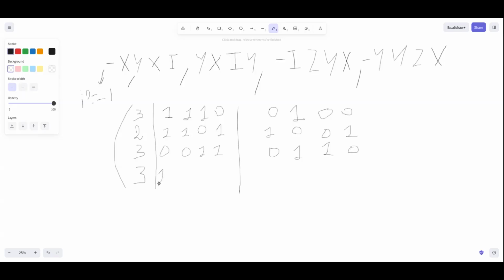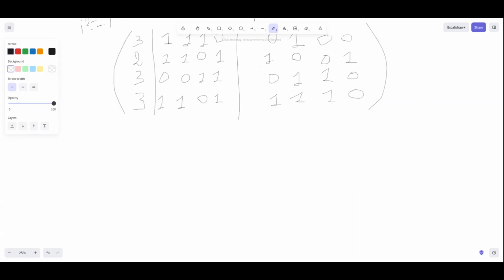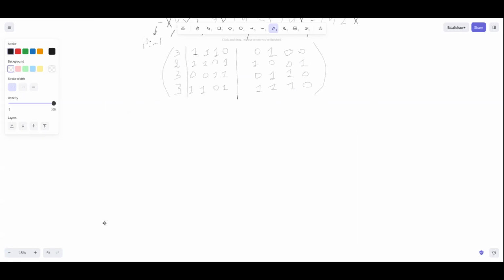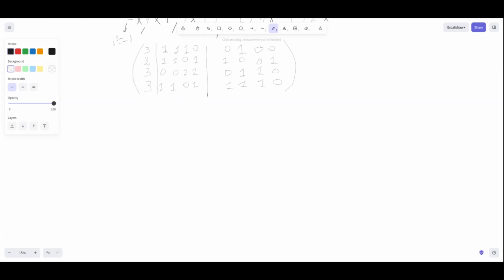Finally, we have 1, 1, 1, 1, because we have 2Y. 0, 1. 0. Applying what we have said for Z and X. Okay. So that's the first step. Now the second step is to identify